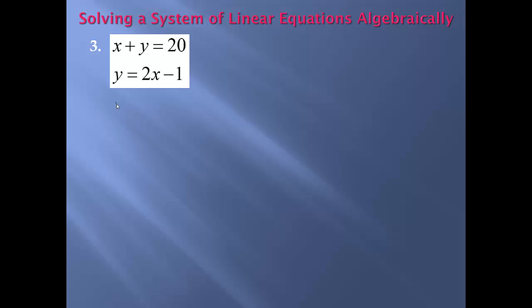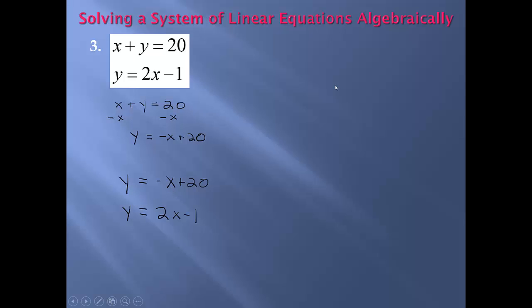So we have that x plus y equals 20. We can solve this for y by subtracting x from both sides. Then we'll have that y equals negative x plus 20. So now we have that y equals negative x plus 20, and our second equation was y equals 2x minus 1. If we know that y equals negative x plus 20 and y equals 2x minus 1, we could also say that